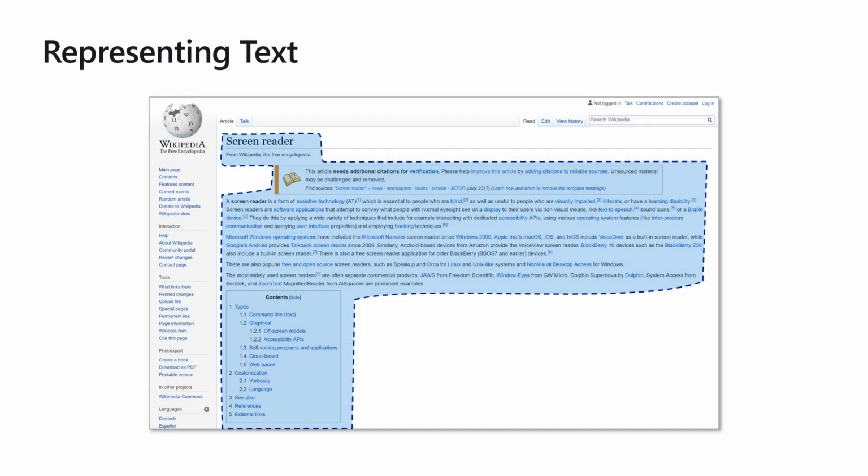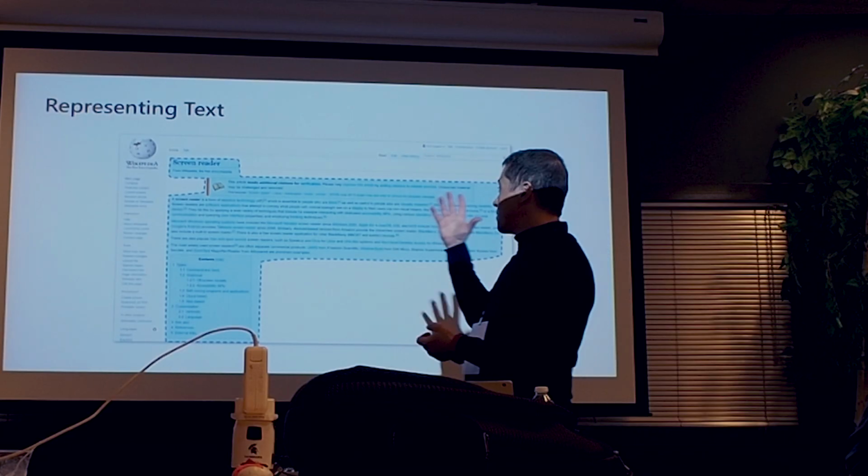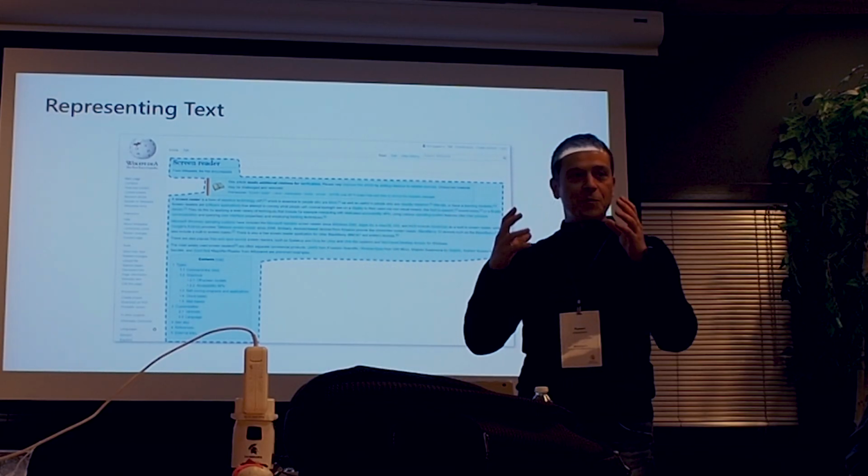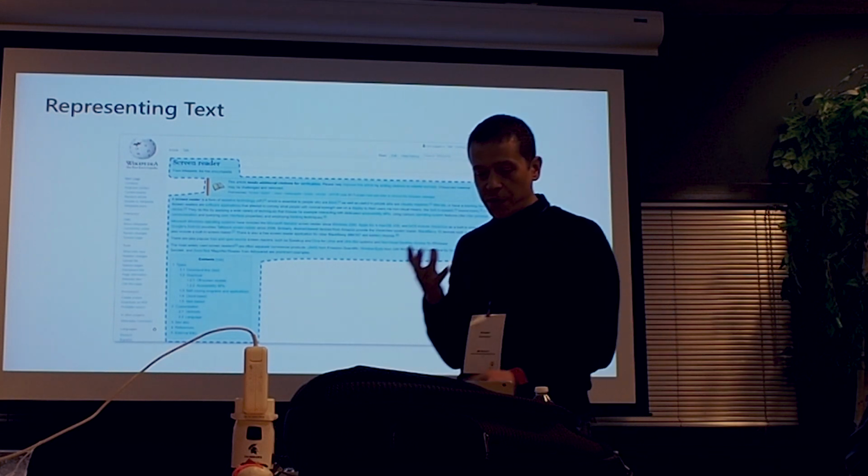And so taking all of this and saying, oh, and the string that represents all of this is a blob, like innerHTML or something, not really, or text. It still has to preserve its rich semantics. It needs to emphasize that the phrase "needs additional citations" is bolded, right? And so this information